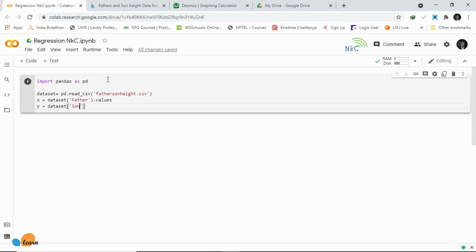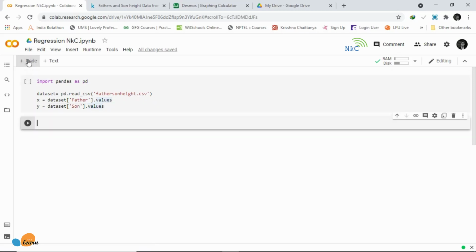So all we have to do here is say our X value is equal to dataset, and inside the square brackets we are going to input the string father, because that is the name of the father column. Okay, now let's build a linear regression model. In order to do that, we are going to say from sklearn.linear_model we are going to import LinearRegression.